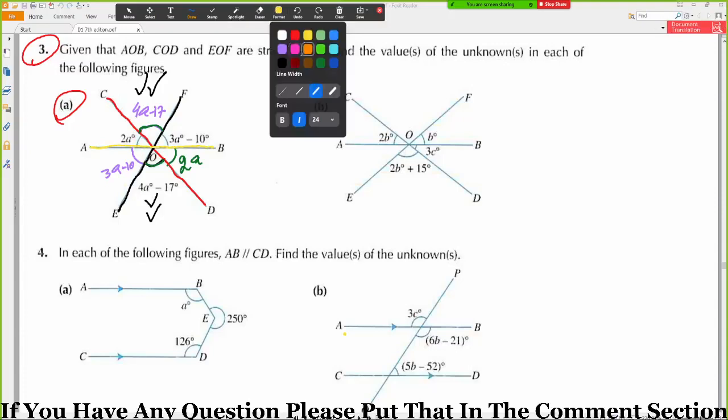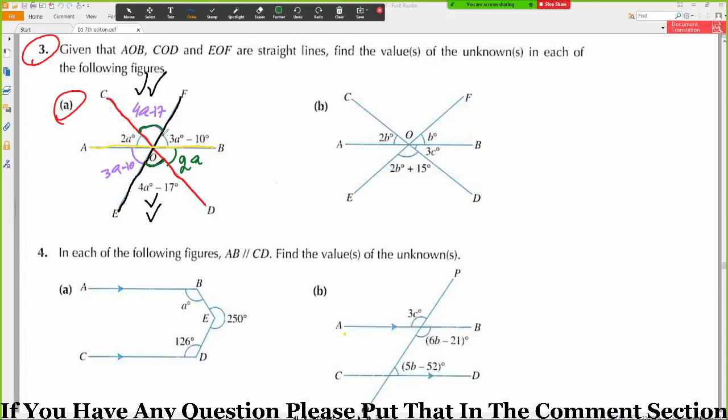So now one end of this 3a minus 10 degree angle is touching the black line and the second corner of this angle is touching the yellow line. Similarly, in this angle, the same thing: one end is touching the black line, the second end is touching the yellow line. So these two angles will also be the same. They are touching the same lines.